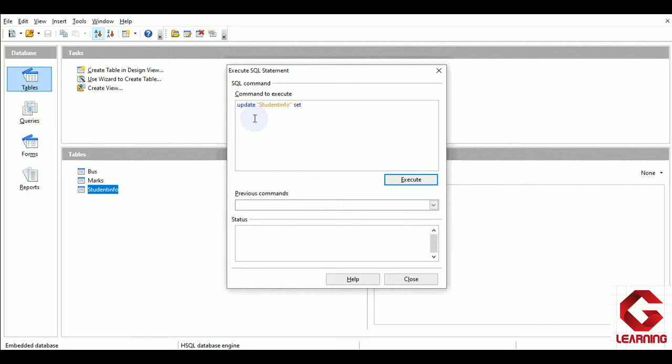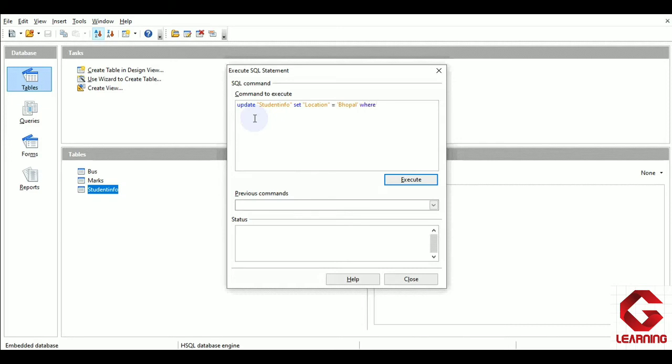Now as I want to change the location of Mahesh Shukla, the column name is location equals to, and the new value is Bhopal, and thereafter we have to give a condition, because as we want to change the location of only one student, Mahesh Shukla, we have to use the where clause for this purpose.